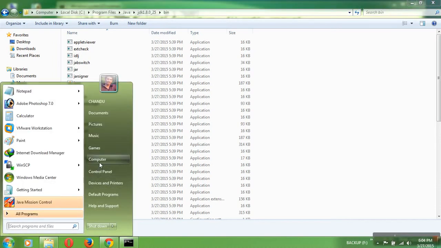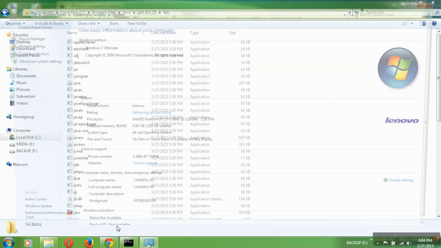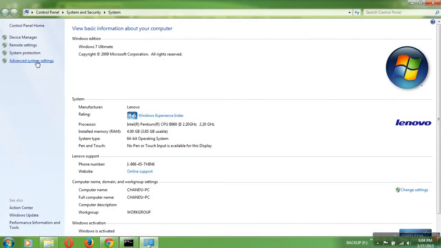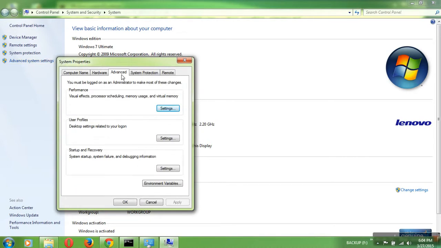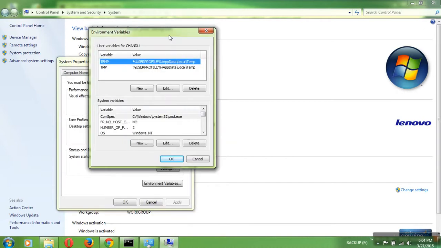Then right click on My Computer and go to Properties. In the properties, click on Advanced system settings. Here in the Advanced tab, go to Environment Variables. There are two types of environment variables: first user specific and second system variables.